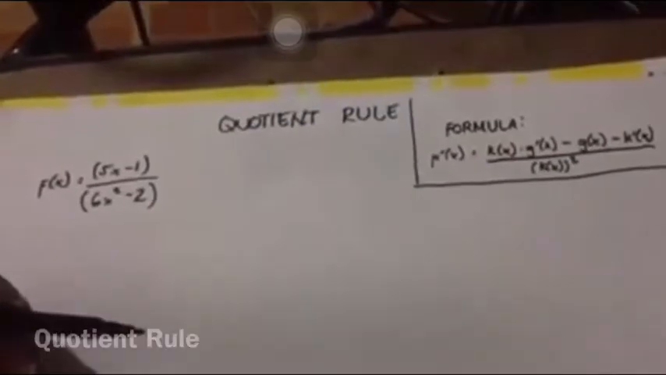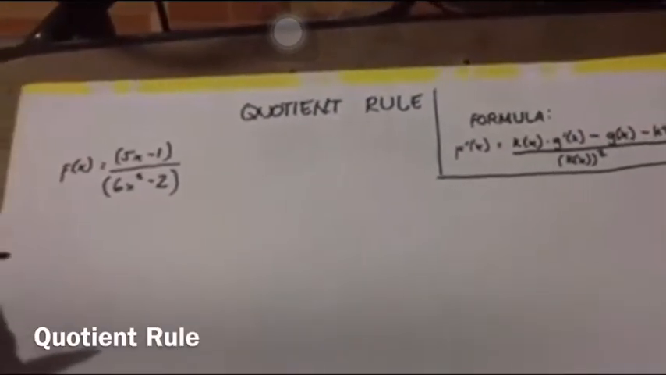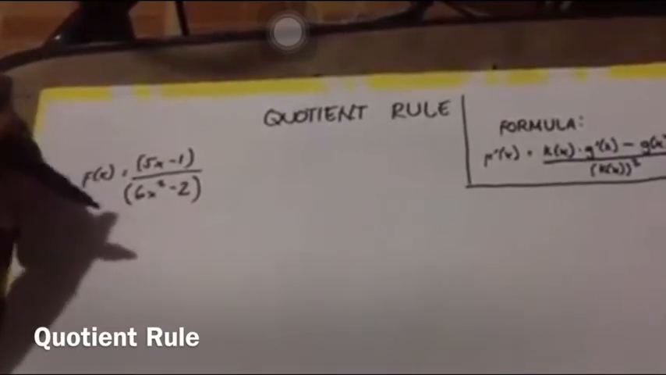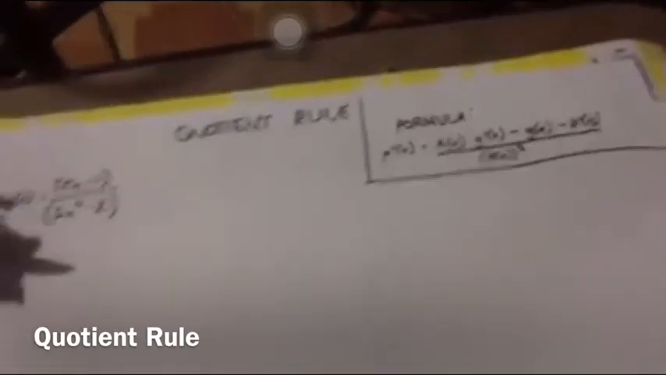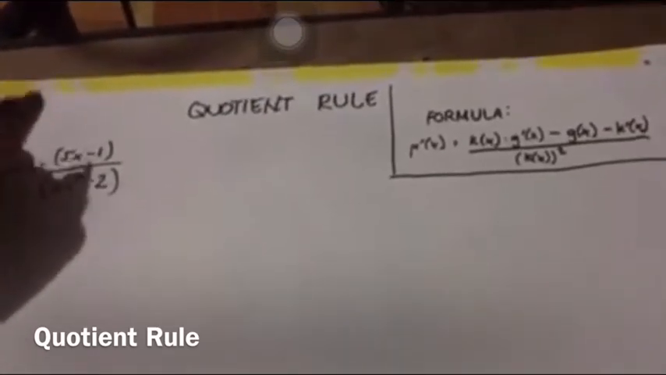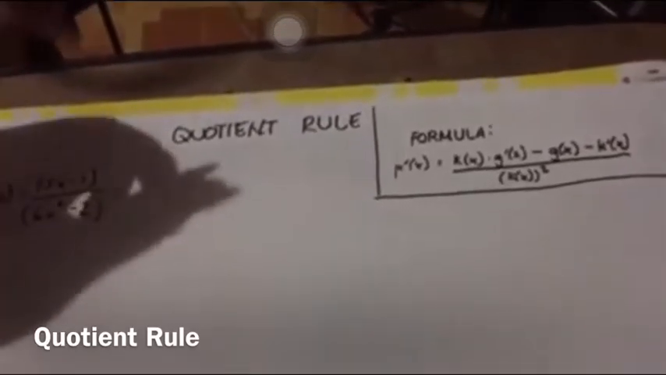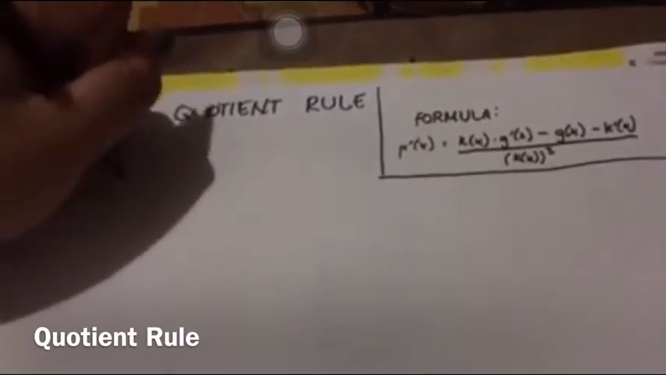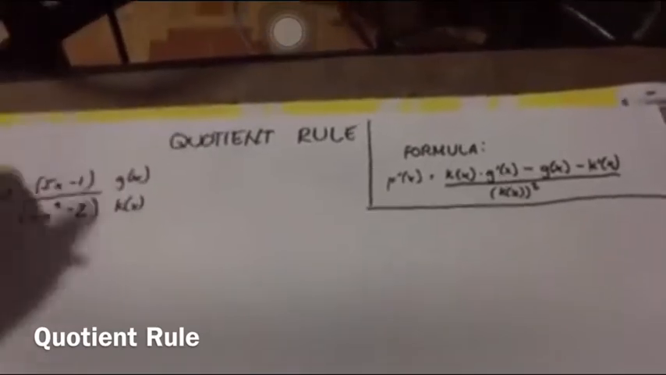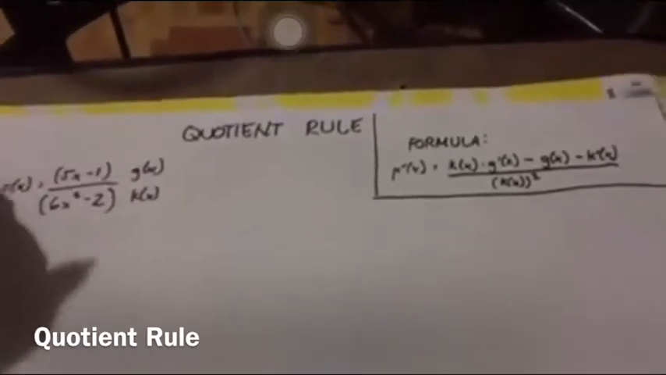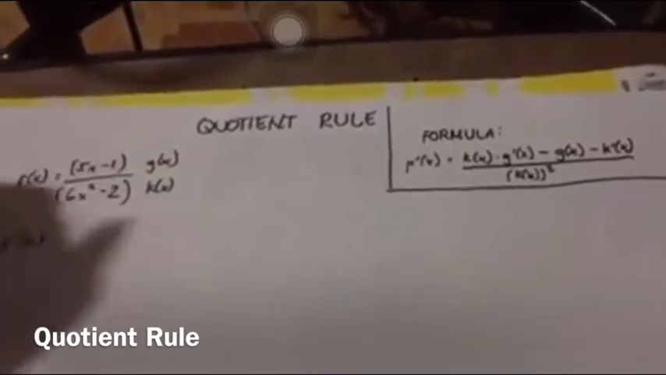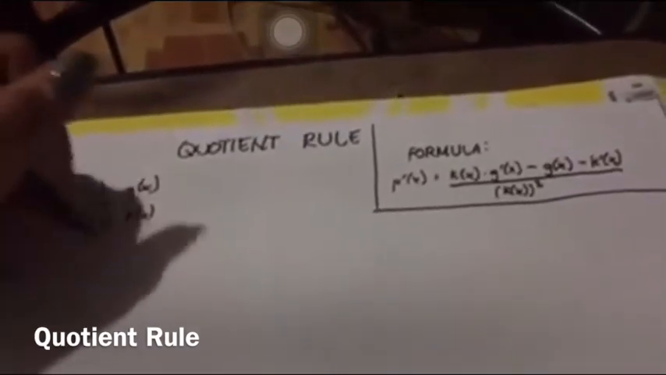So we will be discussing the quotient rule. And the problem is 5x minus 1 over 6x squared minus 2. First we need to apply the formula and substitute it. This will be the k of x and this will be the g of x. Then apply the formula. F prime of x is equal to